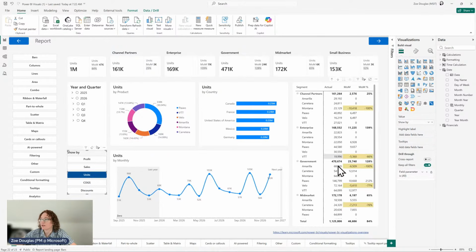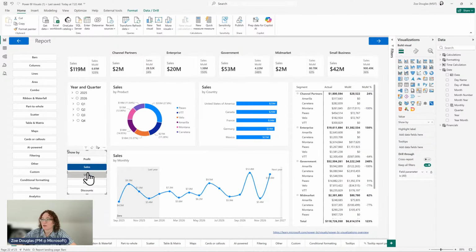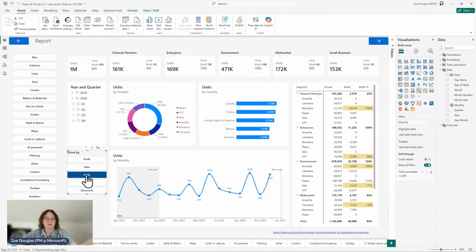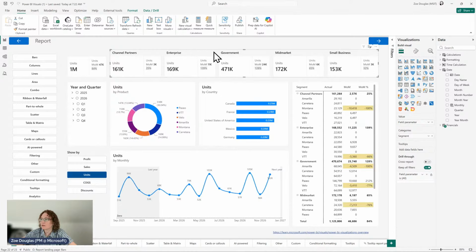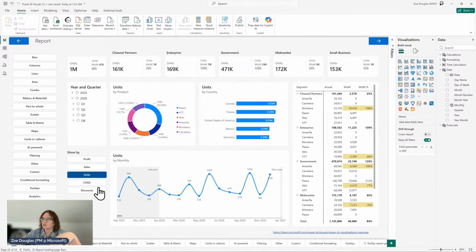So I can change all these visuals to show it by units or by sales without having to create duplicative versions of the report. I also have up here, the card visual now has a clickable ability to it. So if it has a category, you can also filter. But what if I wanted, but the field parameter I can also create to do by categories. So say if I wanted to change this pie chart or this bar chart to always show a different kind of